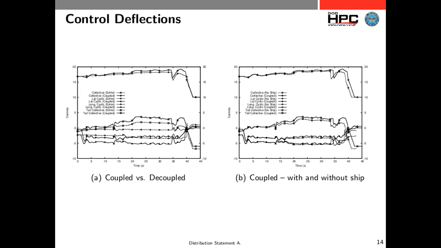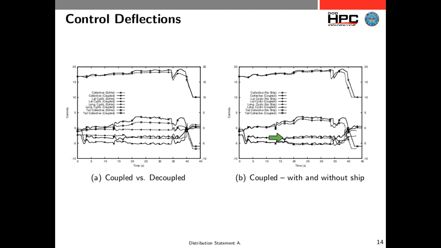So we ran a couple cases. We ran one that just was the flight simulator, how it would normally act. And then we ran the simulation you just saw, and then we ran that exact same simulation, so a two-way coupled simulation, except the ship wasn't there. And so what you're seeing in this right-hand plot is a comparison of the calculation with and without the ship,